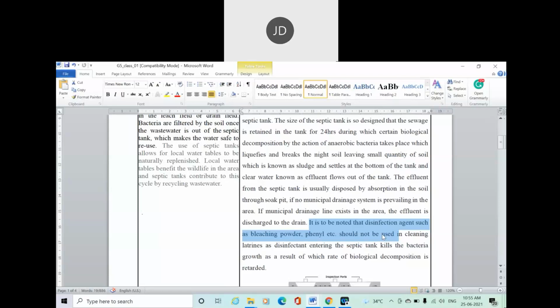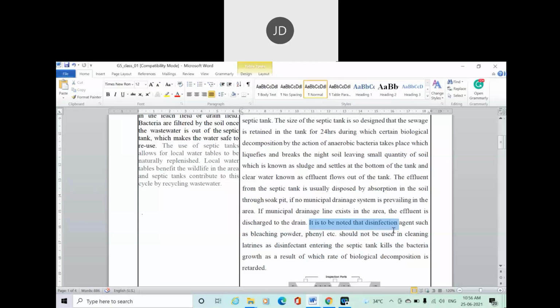But you should not go for disinfecting the septic tank or septic tank water. Why? Because by disinfecting, you are going to kill that bacteria basically. And if you kill the bacteria, the digestion of the waste will not occur. So for the digestion or biological decomposition of the waste, we require bacteria in the septic tank. Okay,